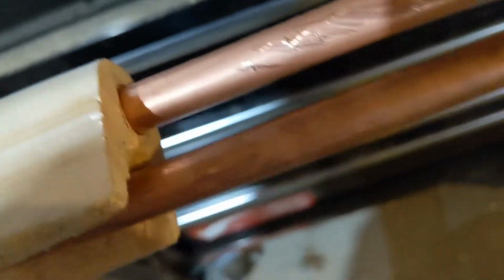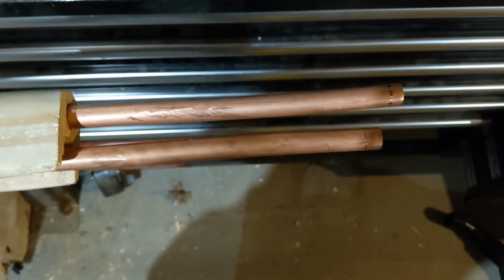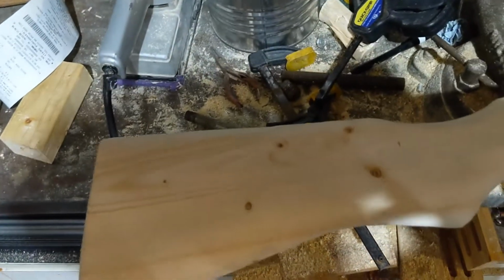And I got a shorter one. That will go in this part, and be something like that. That's the first step. Then what I'm going to do next is add this piece. This piece right here